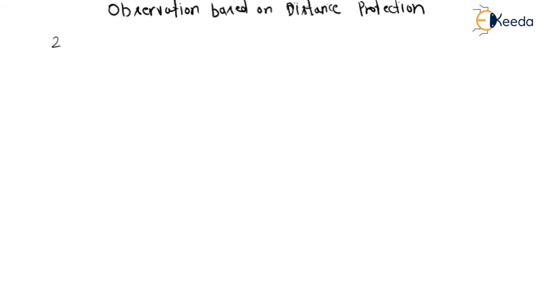For observation number 2, first we will see the phenomenon of power swing. What is power swing basically? To understand power swing, let us see: the x-axis is called P and the y-axis is called Q. Let us take one load bus to which lots of loads have been connected.